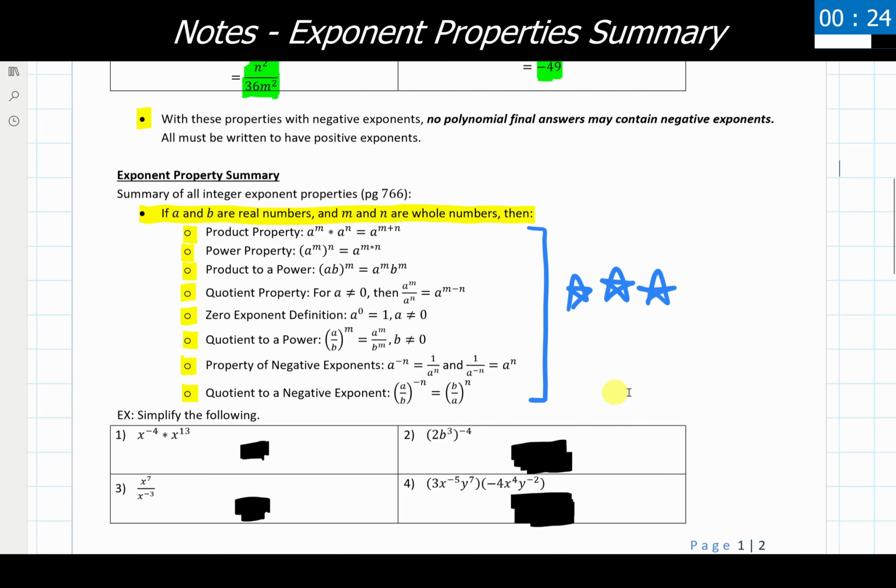And I think having these all written down in kind of a quote-unquote cheat sheet for yourself goes a really long way with making these problems a little bit easier and remembering which properties are available to us and how we use them. So with that, let's use all of these properties to go through our next 4 examples of simplifying these given polynomial expressions.